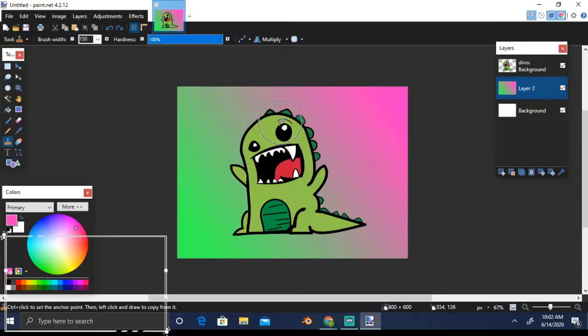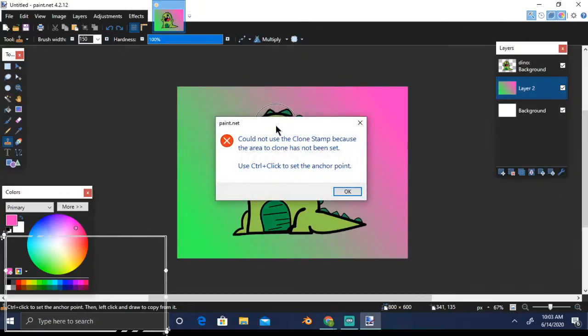Okay, so in this clone stamp tool, first you have to select here the area which you want to clone. Normally in photo editing, if you are touching up a photo, you need to select an area which is very near to that picture, so that the color difference is not there. Let me show you. I have increased the brush width. Depending on your requirement, you can increase or decrease it. And I left click on this line.